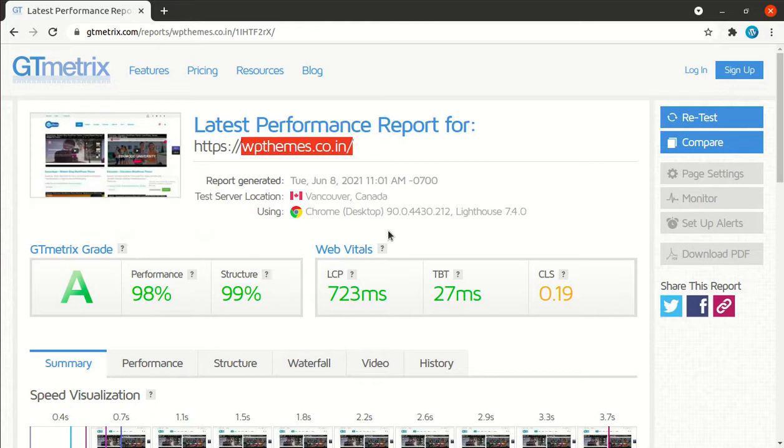And there is another term called Web Vitals. Google calls it Core Web Vitals, and Google has announced that only those websites that have good core vitals can get a very good rank on the search engine result pages.